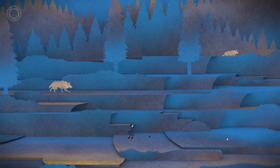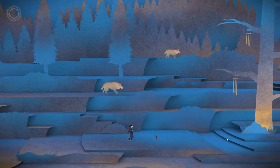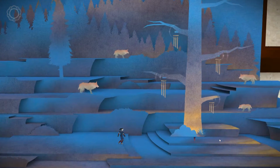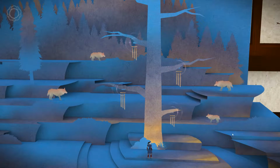And it has this beautiful, I was going to say whitewash, pastel colour paper sort of feel to it all. Now this is a very easy puzzle. Basically you're looking at the sizes of the wolves, so you